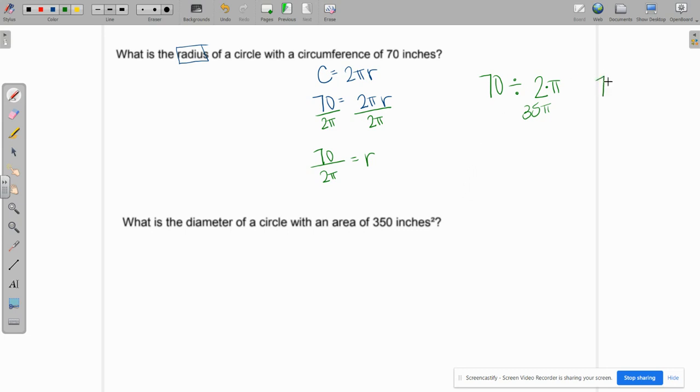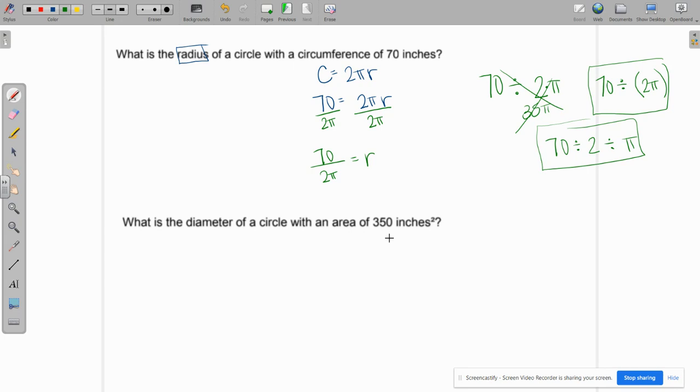We want the calculator to do 70 divided by both 2 and pi. So you need to do 2 pi in parentheses in order to get the correct answer. So we want to type it in like this, not like this, because we'll get the wrong answer there. You could also type it in as 70 divided by 2 and then divided by pi, and that would work as well. So either of these you could do on your calculator. When we type that in, we would get approximately